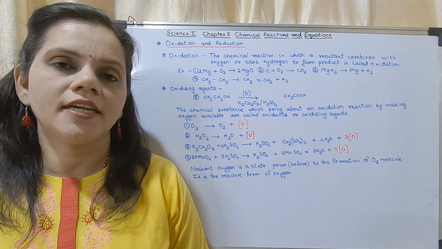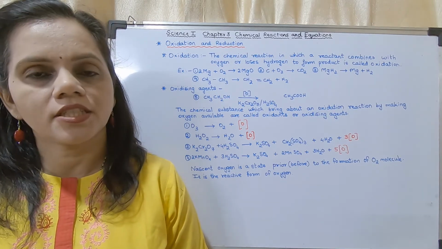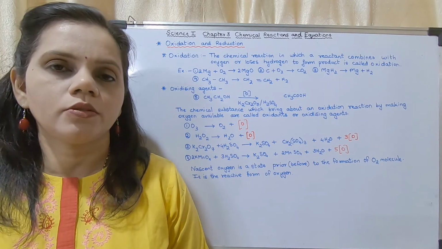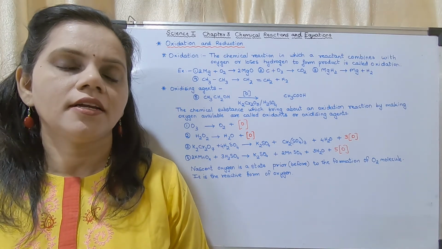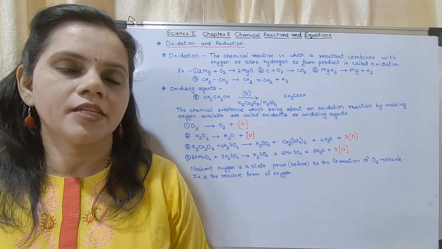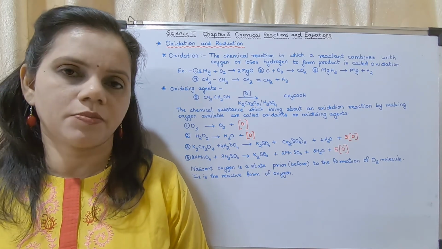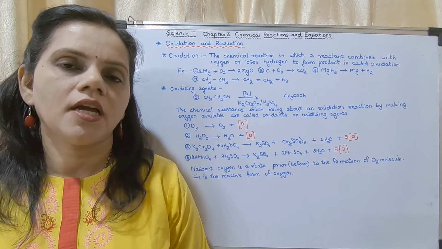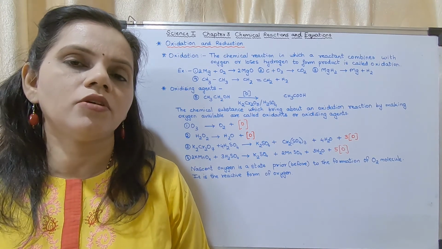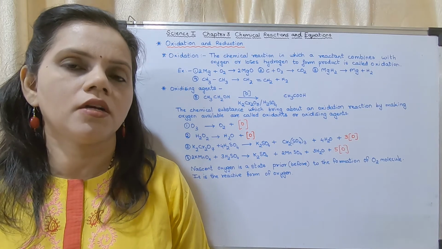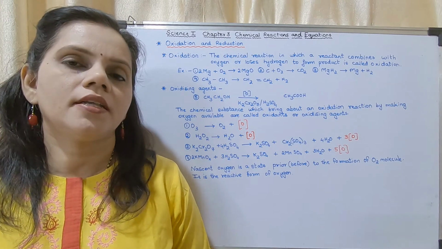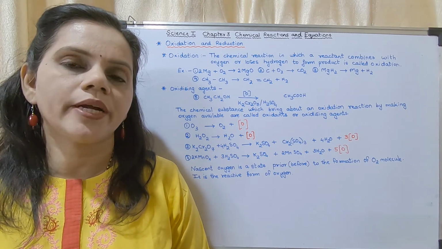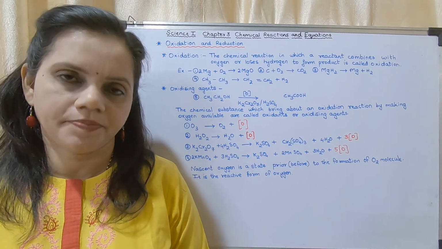Okay, so we studied about different types of chemical reactions. What were they? Combination reaction, decomposition reaction, displacement reaction, double displacement reaction. Okay, these are the exact types of reactions. Now based on the amount of heat which is evolved or the heat which is absorbed, the reactions are classified into two, endothermic and exothermic.